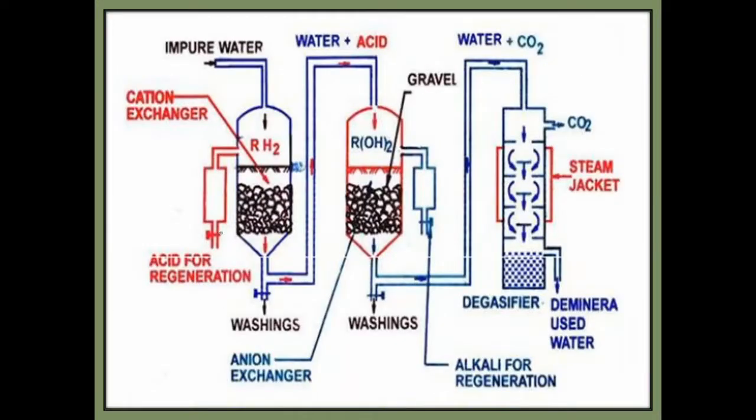But then you can have one more addition to it. Like if you represent it as RH and ROH, I'll correct this. So now when you allow your impure water to come, the cation exchanger is going to exchange the cations. Gravels are placed because of the filtration. The water comes down. Now this water contains H+, this water contains anions, right? And now this will go to the second container. And here you are going to get your H2O, right?